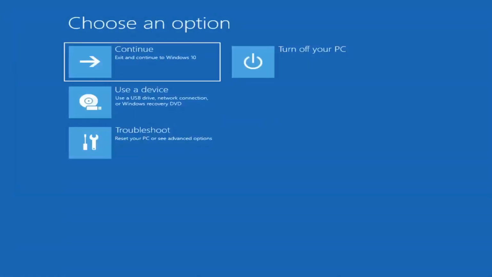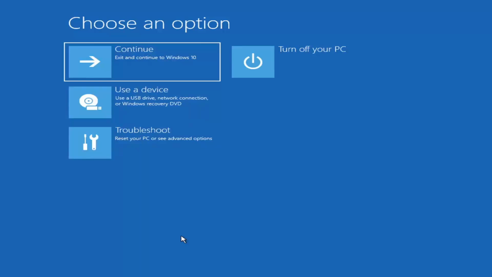So the first thing I'd recommend doing is to boot to the troubleshooting utility on Windows 11. If you do a hard power off 3 times in a row, Windows should automatically attempt to launch the startup repair utility. And if it doesn't find anything, it will give you the option to select advanced settings, in which case it would take you to a screen that looks like this. Now, if it does not take you to a screen that looks like this, or you're unable to get to that,